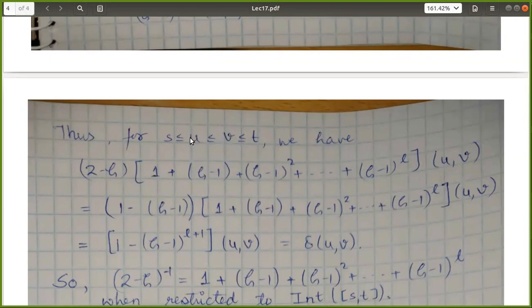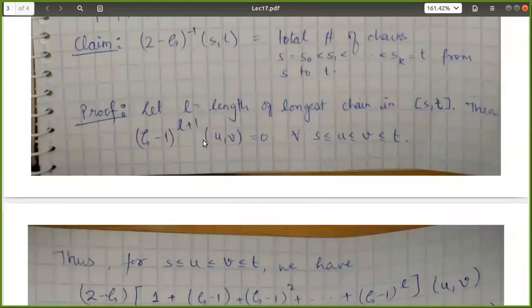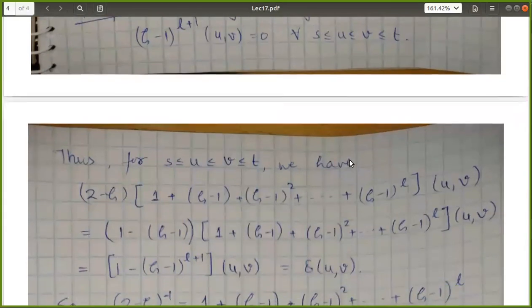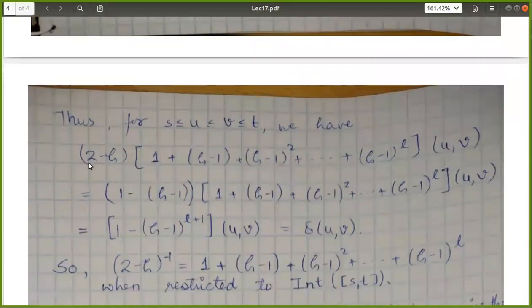So which u or which v you choose, that is immaterial to me. All I'm saying is that this holds true for any u and v which satisfies this. In particular, this holds true even for u to be s and v to be t. Therefore, the inverse of 2 minus zeta, when restricted to int of st, not the whole int of p, but int of st, this is the inverse